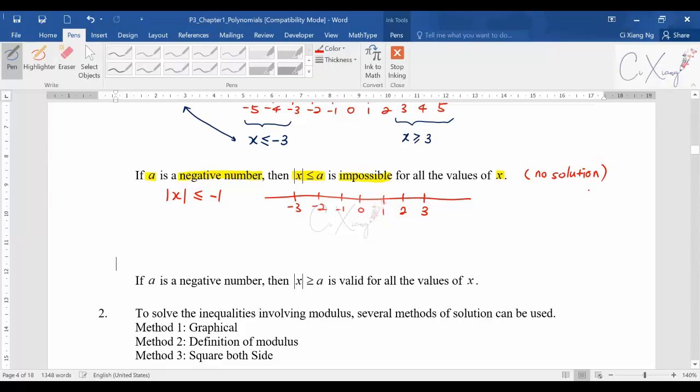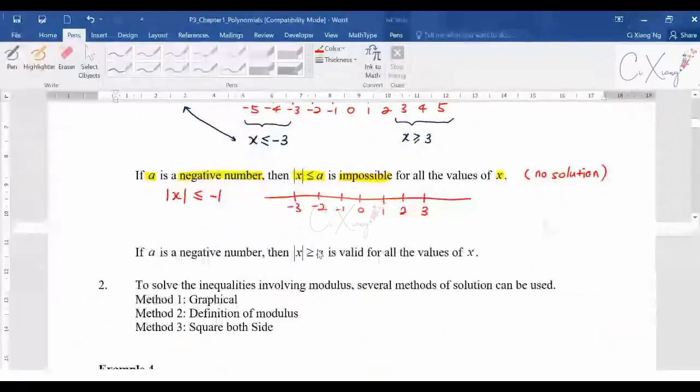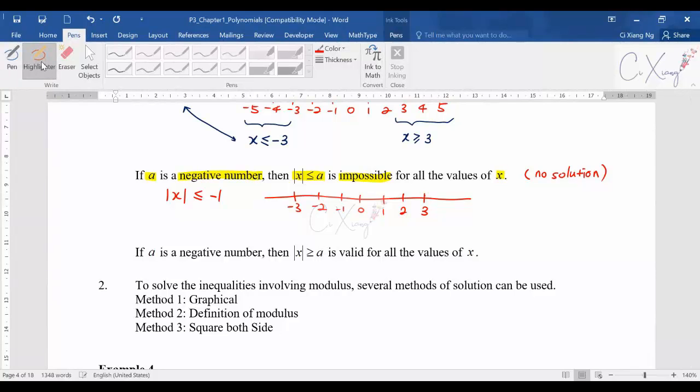Alright, so that's the meaning. Again, this one is concept-wise, so we seldom use it in the exam. The first two we use quite often. So this one is a concept for understanding. Then how about if, let's say, A is a negative number,